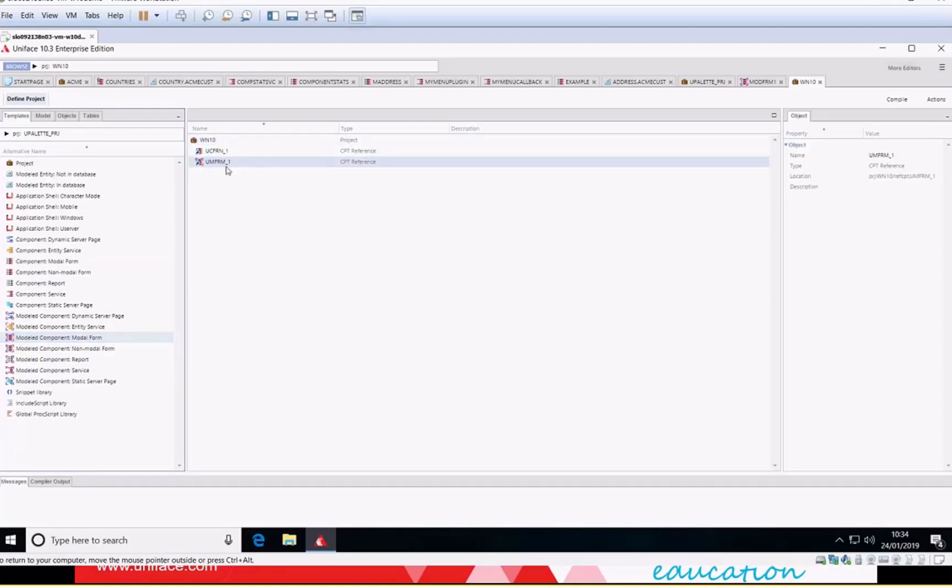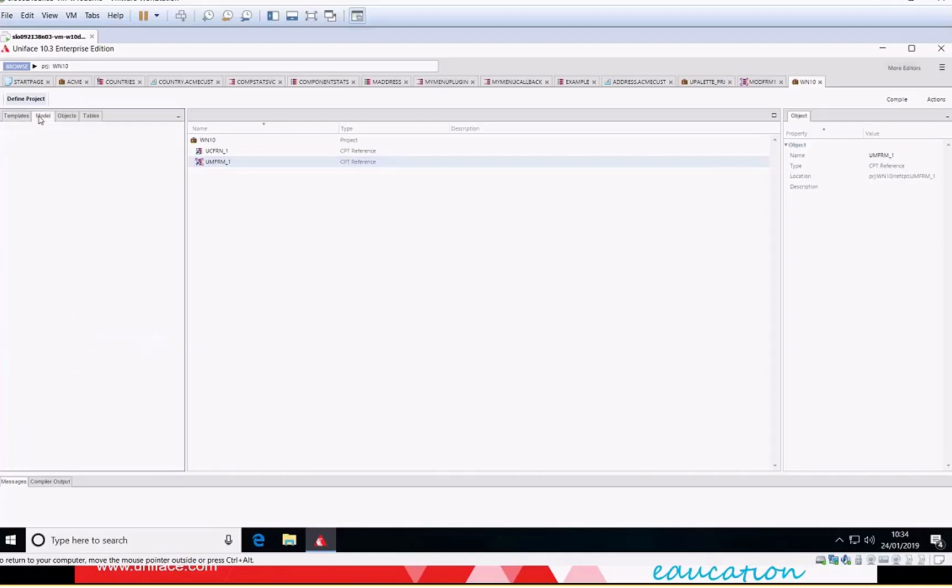So that's created a copy of a modeled component for me. I can now edit that, and when I publish it, it will appear as one of my modeled objects. Actually, it already has appeared as one of my modeled objects. So I edit this, and I can add my entities, my fields or whatever to that. If I then wanted to use that as an inheritable object, again, I go to my model tab and I